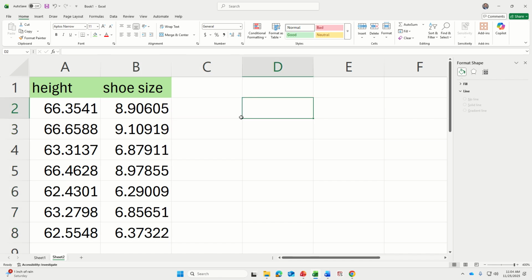That looks pretty reasonable. Okay, I'm happy with that. So